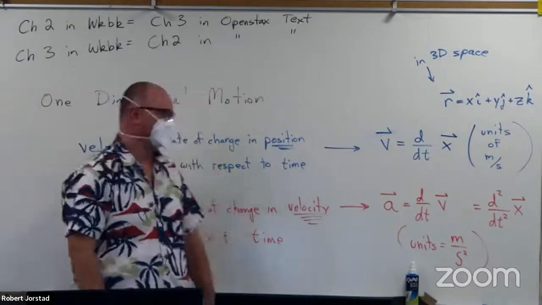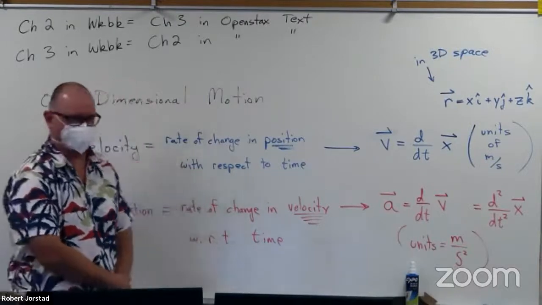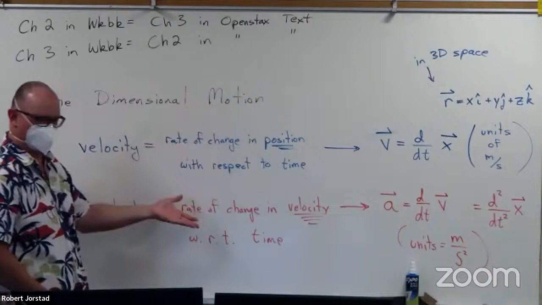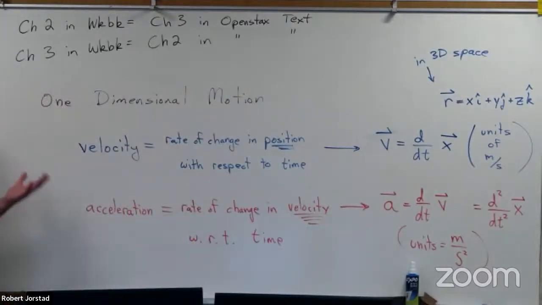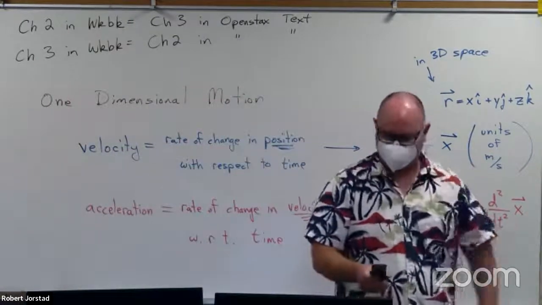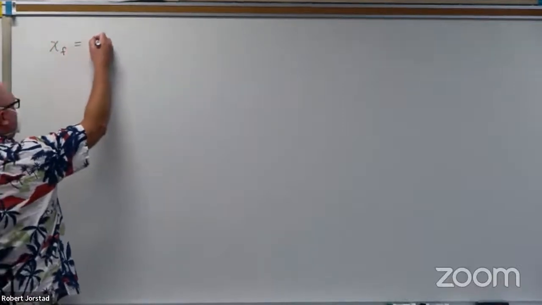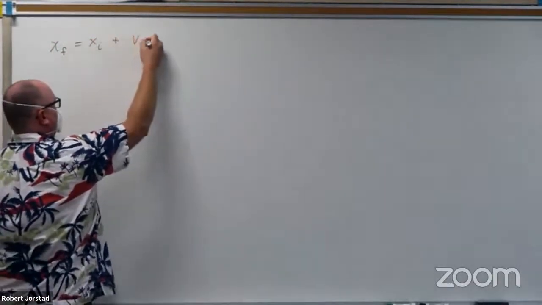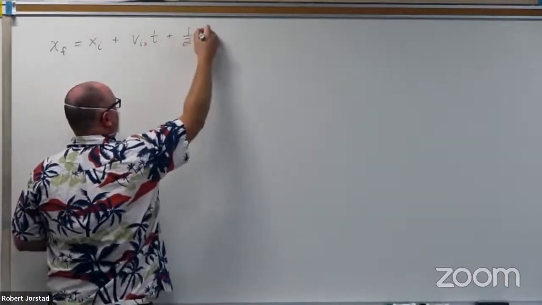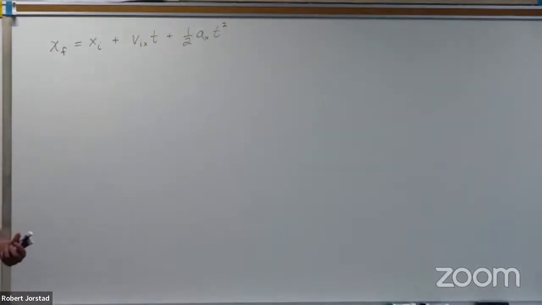Now, some of you probably know a kinematics equation, right? These are sort of big definitions. Do any of you know any equations in kinematics? x final equals x initial plus v initial, I heard something like this, plus 1/2 a t squared. I heard this equation: x final equals x initial plus v initial x times time. And maybe you didn't say the subscript x or not. Did you say that? Okay, but I'm going to go ahead and put this on here because you guys are probably smart enough to